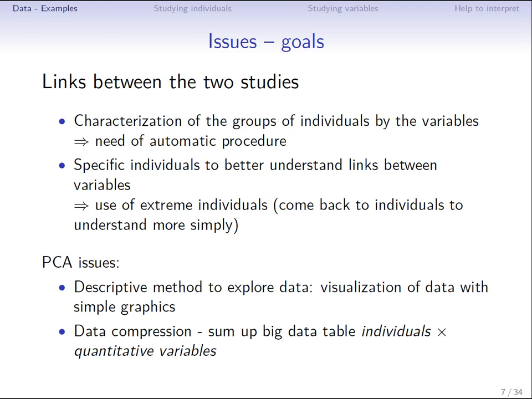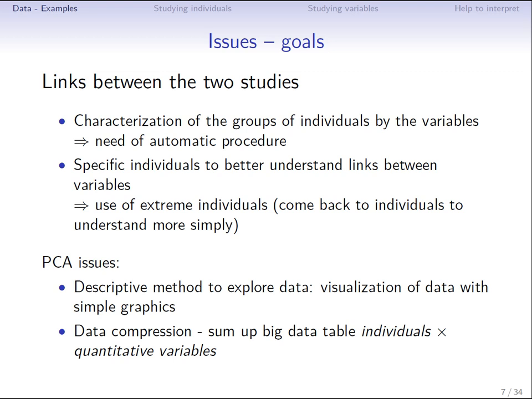Similarly, when there are groups of variables, it may not be easy to interpret the relationships between many variables, and we can make use of specific individuals, that is, individuals who are extreme from the point of view of these relationships. For instance, the link between size and weight can be illustrated by the opposition between two extreme individuals, a dwarf and a giant.